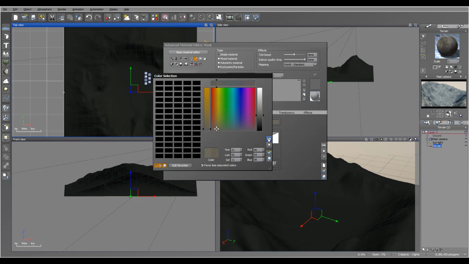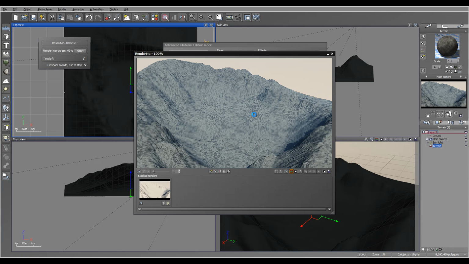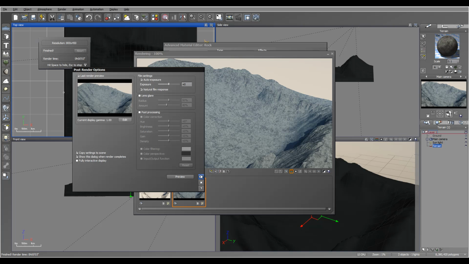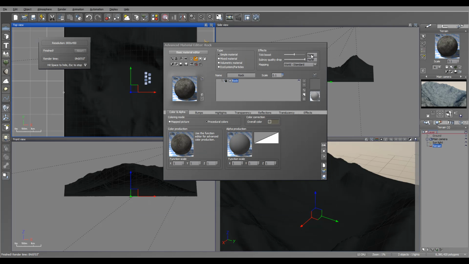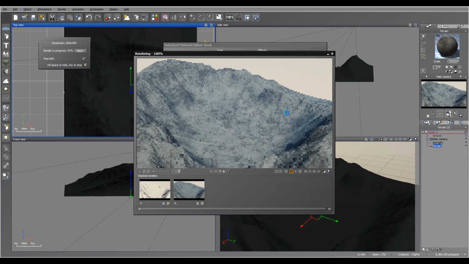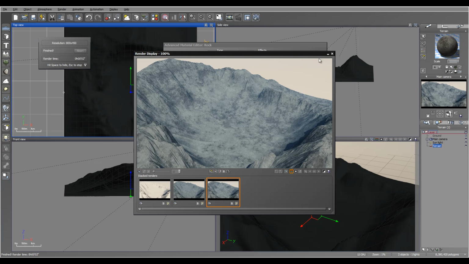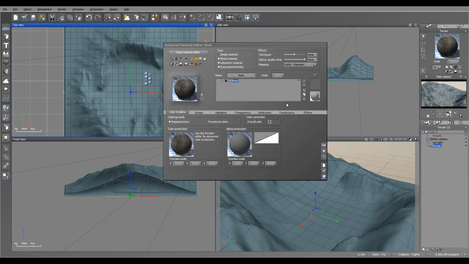Maybe not, just a bit darker. Okay, we also can change scale at this moment, so we can make it a little bit smaller. Okay, let's preview. And right here our generic terrain preset. Let me check at the one. A little bit better, so I will leave it just at 1. The next I want to start applying different